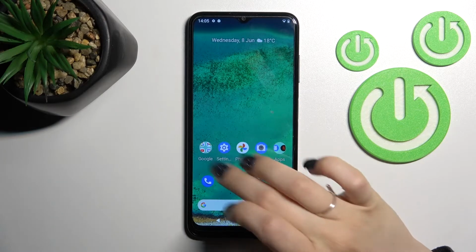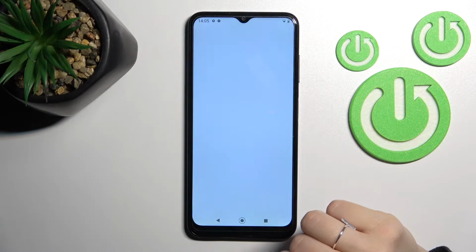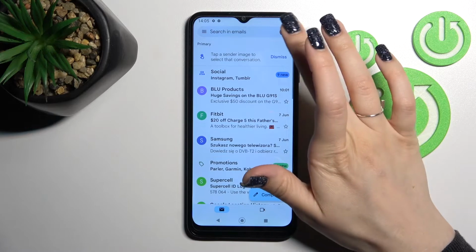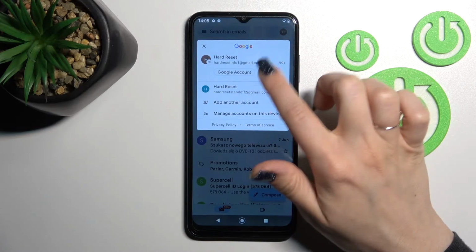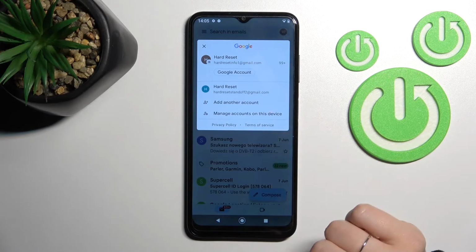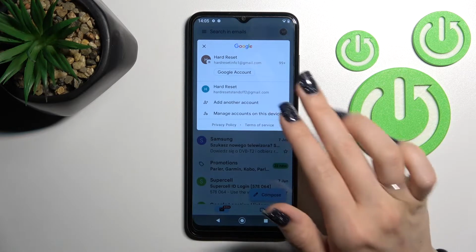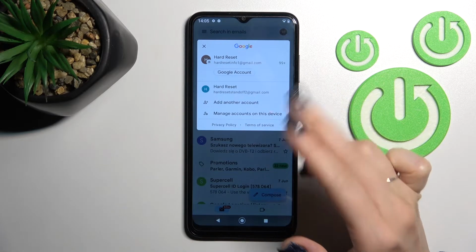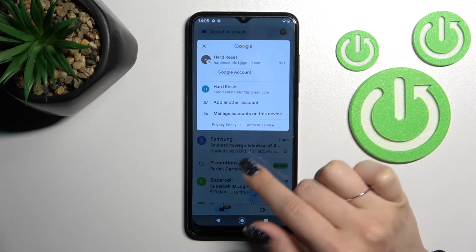So let's just first open the Gmail application, and after that tap on the right upper corner. Now we can see that you are logging into two accounts, and now just to log out from one from these accounts in Gmail, we should log out